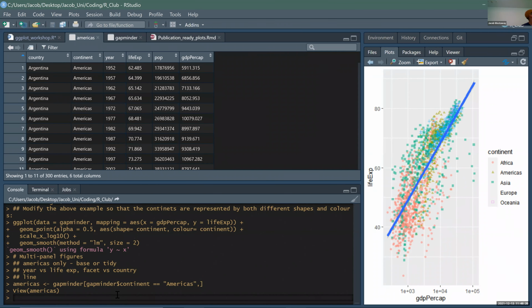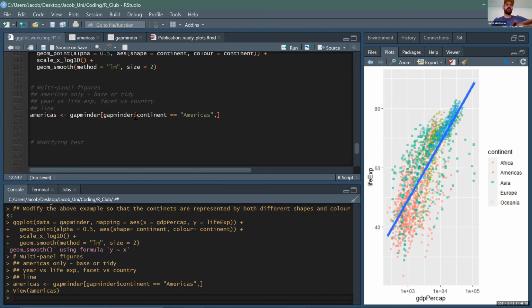Yeah, you need a comma after it because it's representing the column. So before the comma is the row and then after is the column. Anyway, so that's one way of doing things, right? Sort of the base way. But I'm going to show you another way,